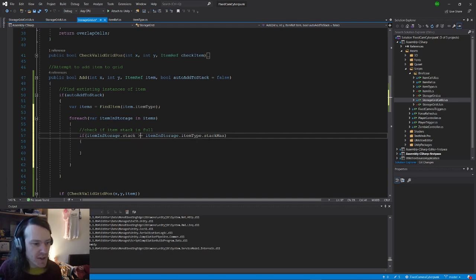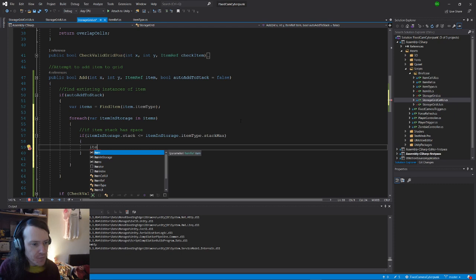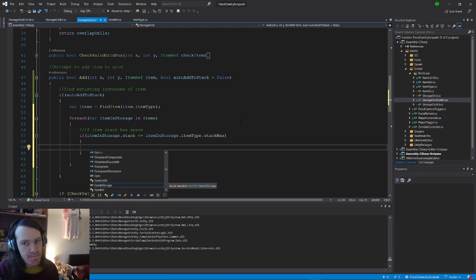I suppose we want to check if it's less, and then if it is, we add to it. If item stack has space, and then we want to add to that stack, and any remainder will be added